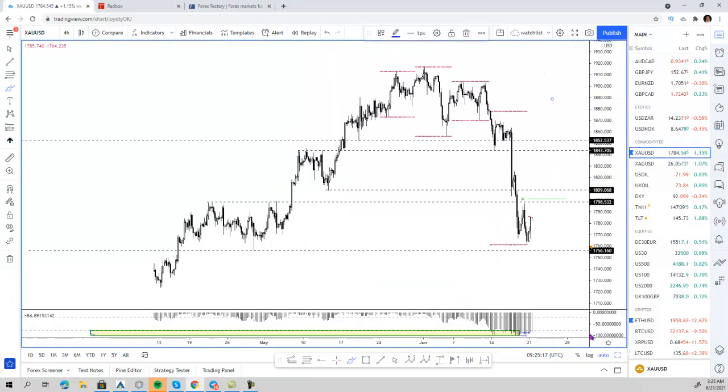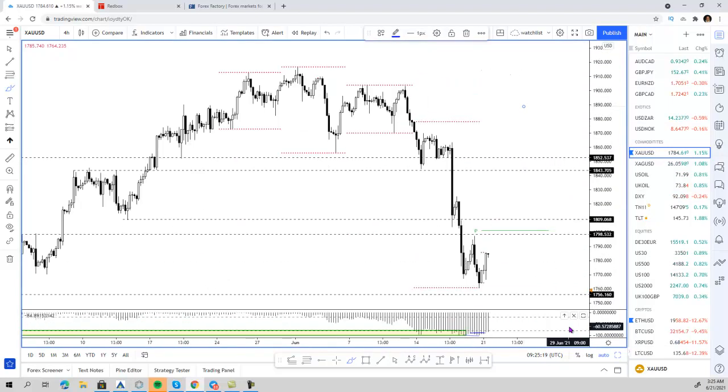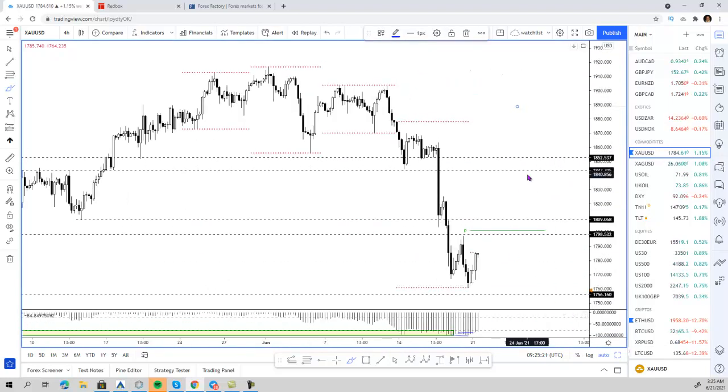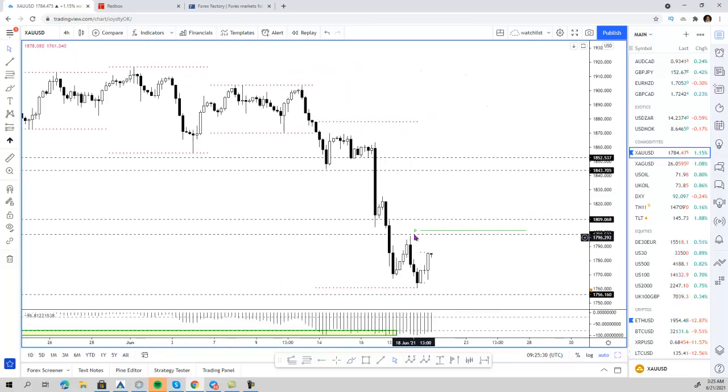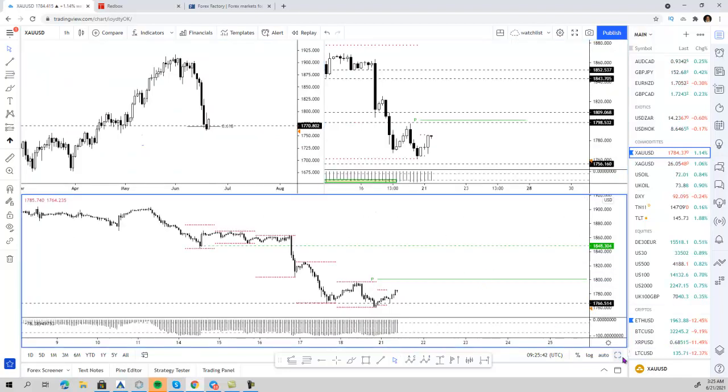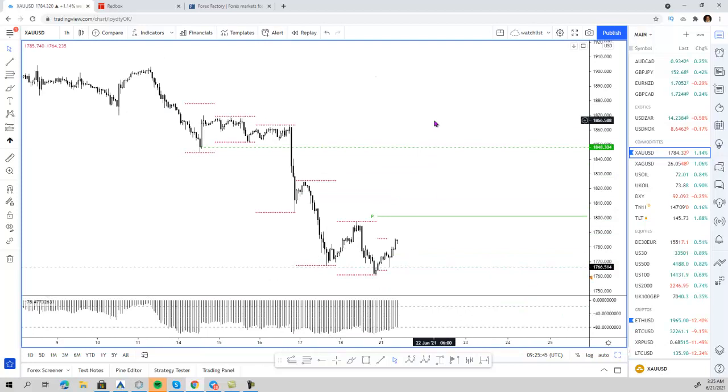The 4-hour chart is also bouncing from the lows, but it's looking like a W pattern is forming at the bottom. We won't be out of the woods until we break the previous high and that weekly pivot. But let me show you the hourly, because the hourly looks like a